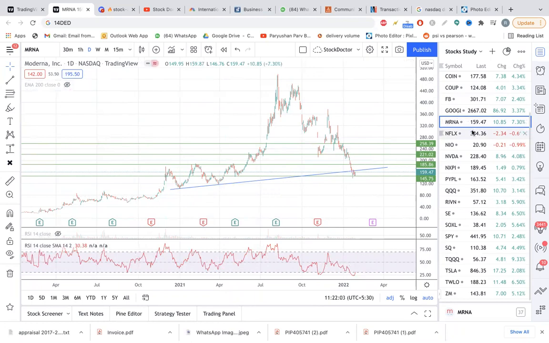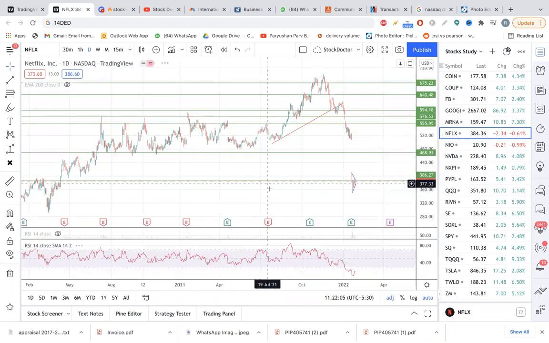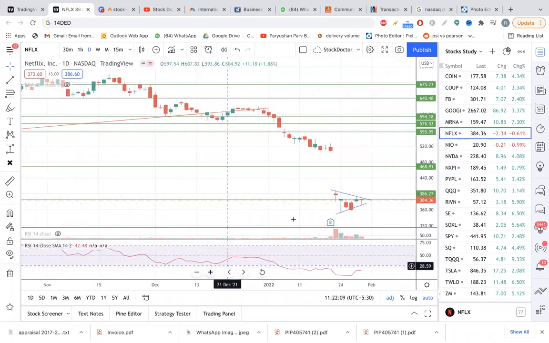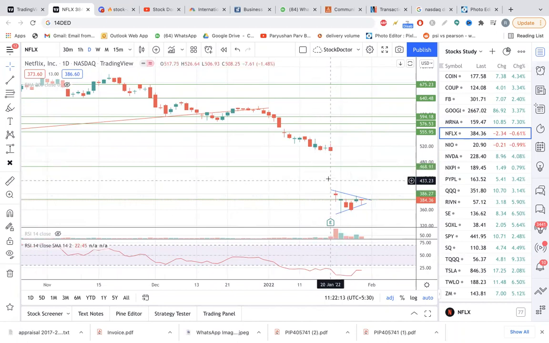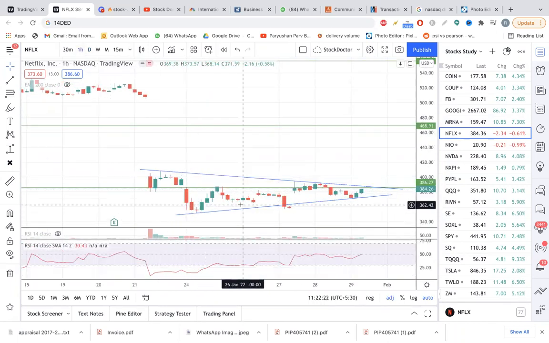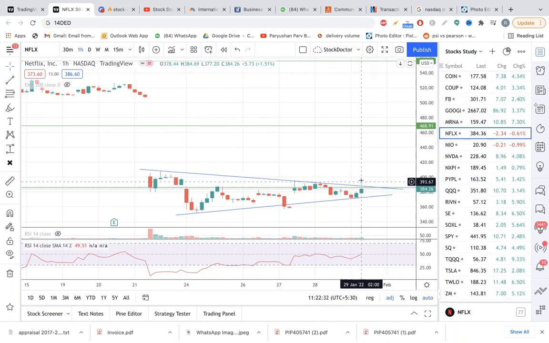The next stock we have is Netflix. Netflix got beaten up heavily on the earnings day, almost 20% down, and a very big gap it has created. We don't know if this gap is going to get filled or not. But if we see on the hourly time frame, slowly the volume in the stock is picking up. If it gives a breakout above 390, then there is a high probability